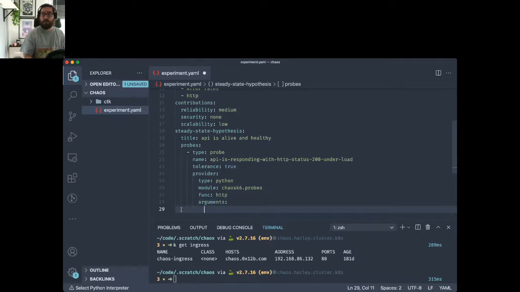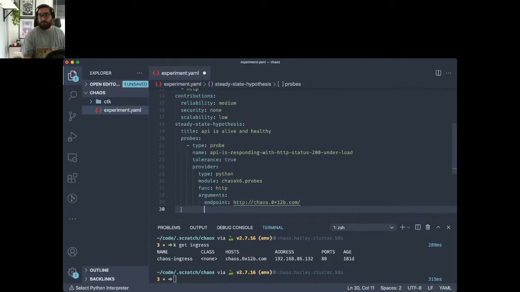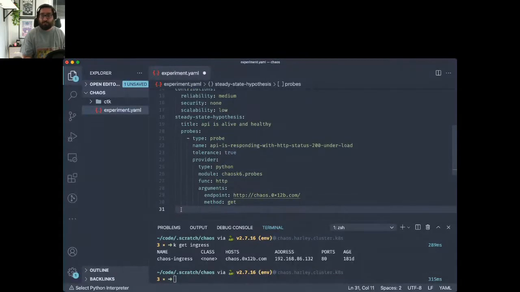And we'll also pass some arguments to that function. So the endpoint that we'll be testing is chaos.0x12b.com. In a real world scenario, this will probably be an HTTPS call, but for the sake of this demo, we're trying to keep it simple. So it's just a regular HTTP call. We're going to use the HTTP method get.